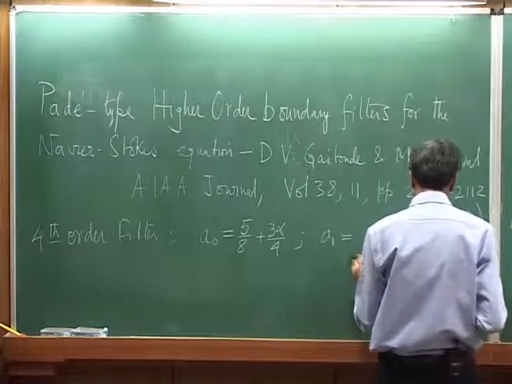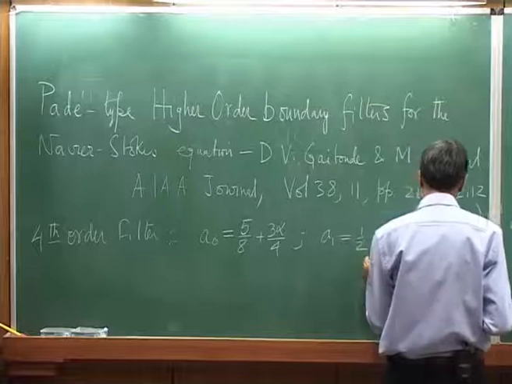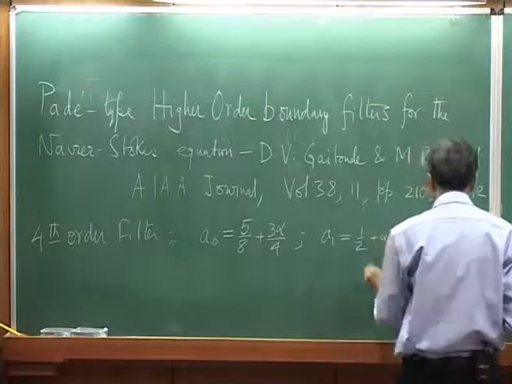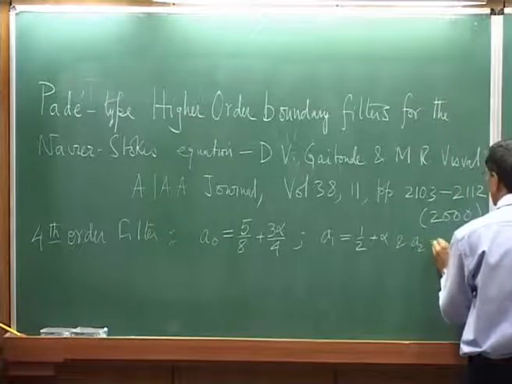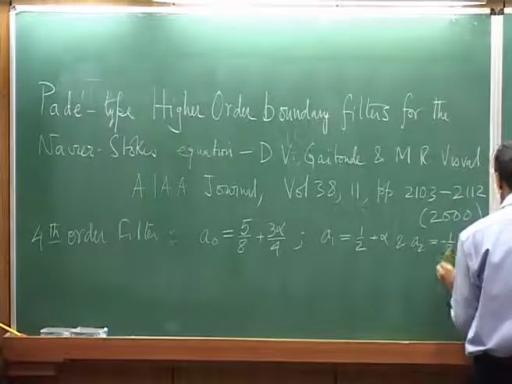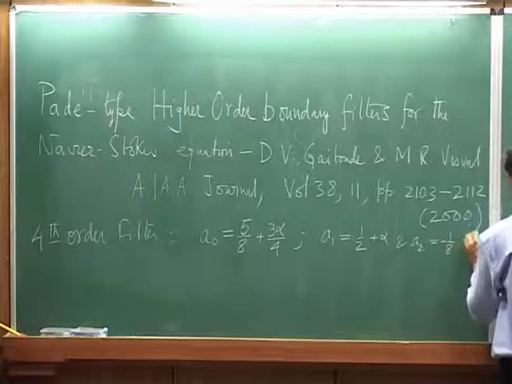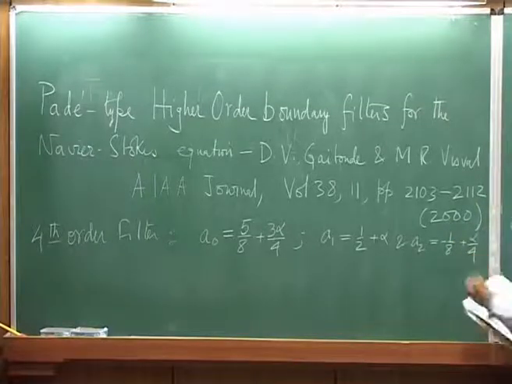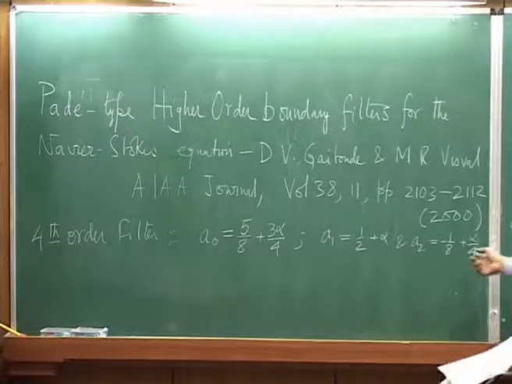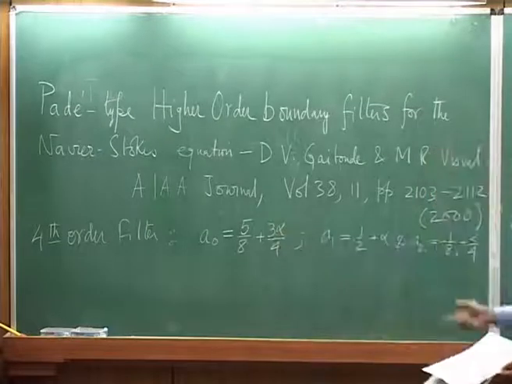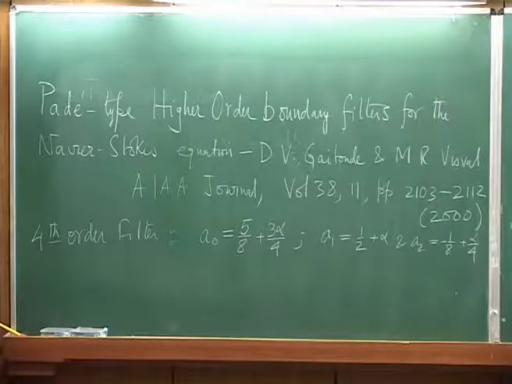A1 would be equal to half plus alpha, and A2 is minus 1/8 plus alpha by 4, right. So, we have this fourth order filter defined by these three coefficients in terms of alpha,